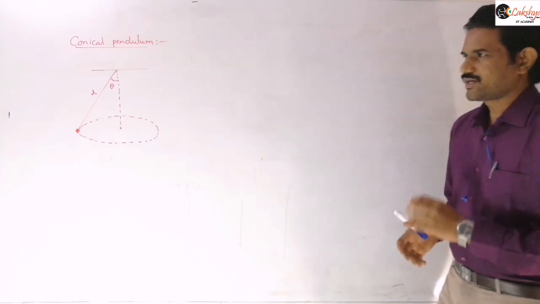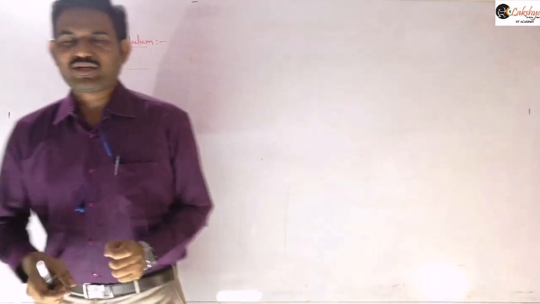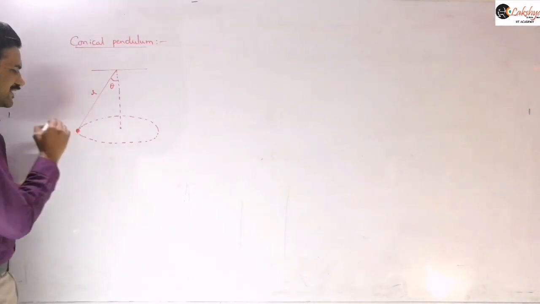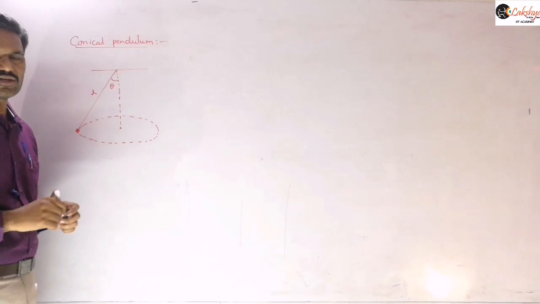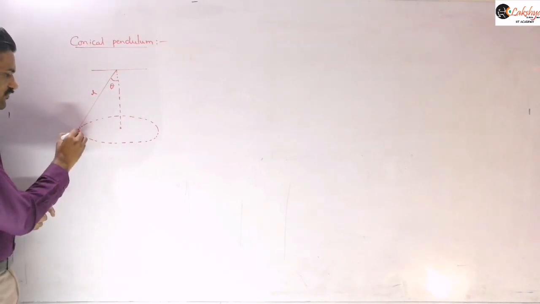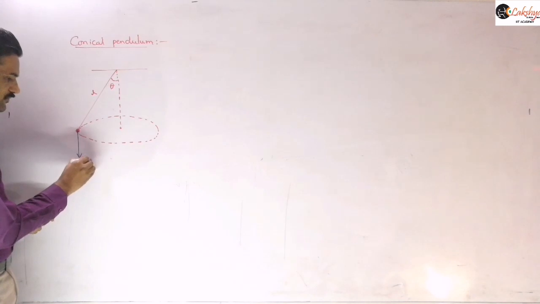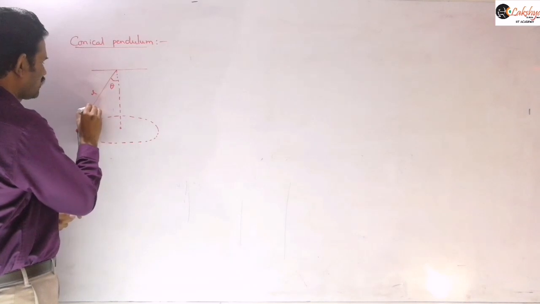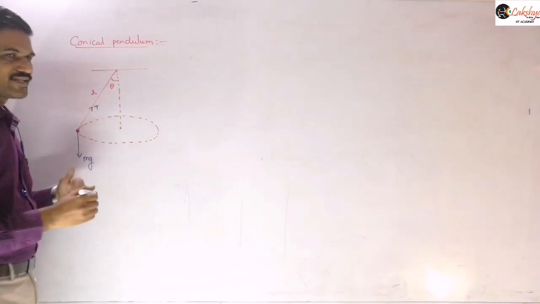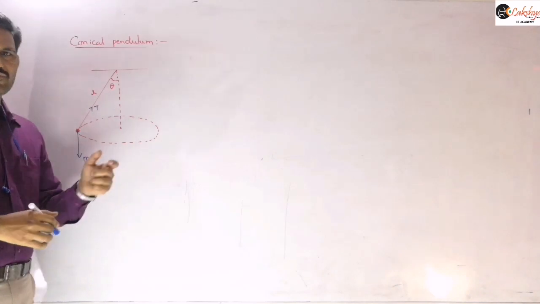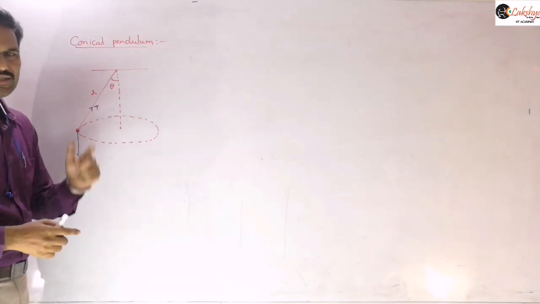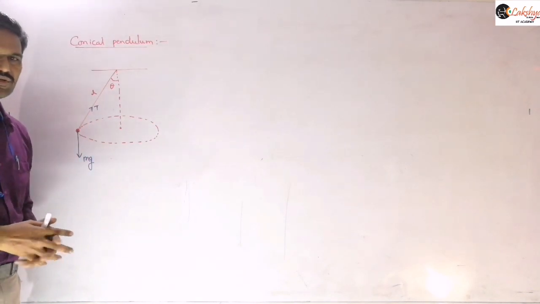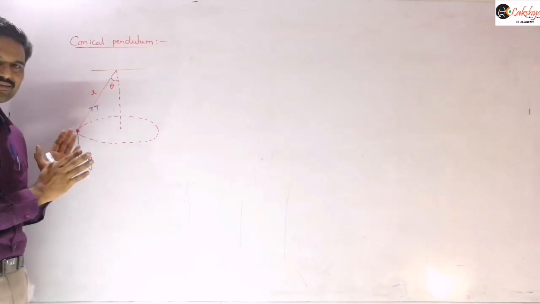So now let us see the free body diagram for this here. So now I am drawing the free body diagram and let us identify the centripetal force now, right? So now what are the forces acting on this bob here? One force we know, the weight of the bob is acting downwards, mg. And the other force, since it is connected by a string, is the tension in the string along this direction. So is there any other force? Is there any centripetal force directed towards the center? I said in the previous class, you should never represent that centripetal force in the free body diagram, right? So then only these two forces are acting in this case here.